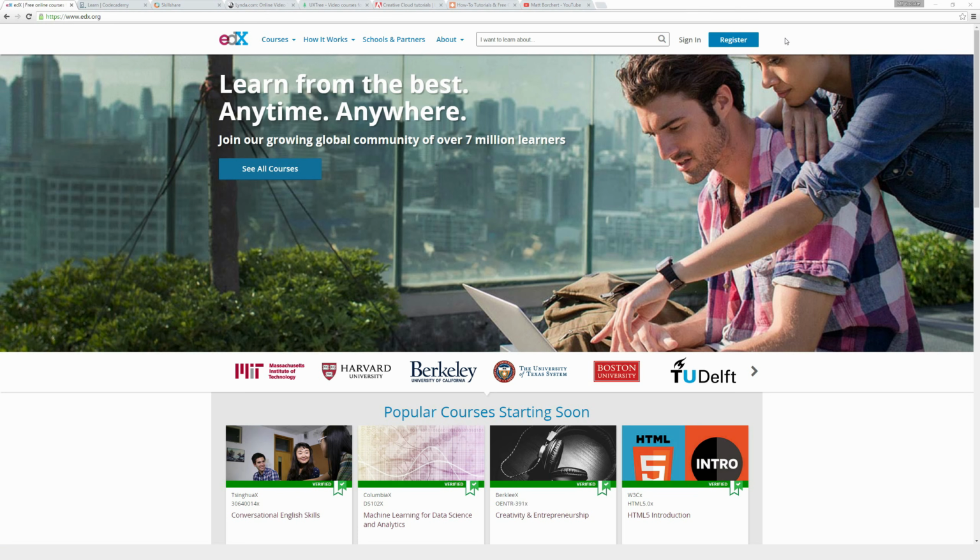And they do also offer verified courses that tend to cost something like $50 to $100 for the entire course, that once you successfully complete the course, you'll get a certificate that will basically say you completed the course. And that's really good if you want to show that off on your resume or show off to your employer that you're continually learning and bringing in some new skills.